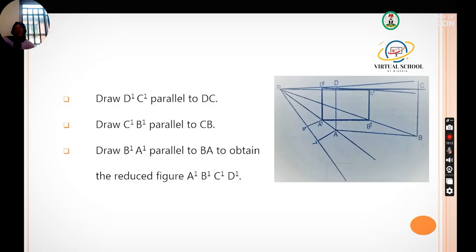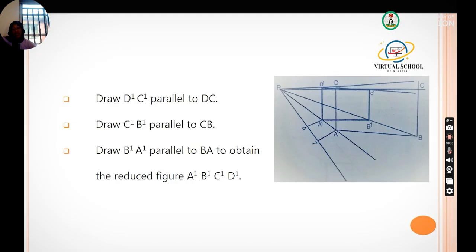Draw C1, B1 parallel to CB. D1, then C1. So your line is going to be very thick here because you are joining several lines together. They are passing through the same point. Then draw B1, A1,